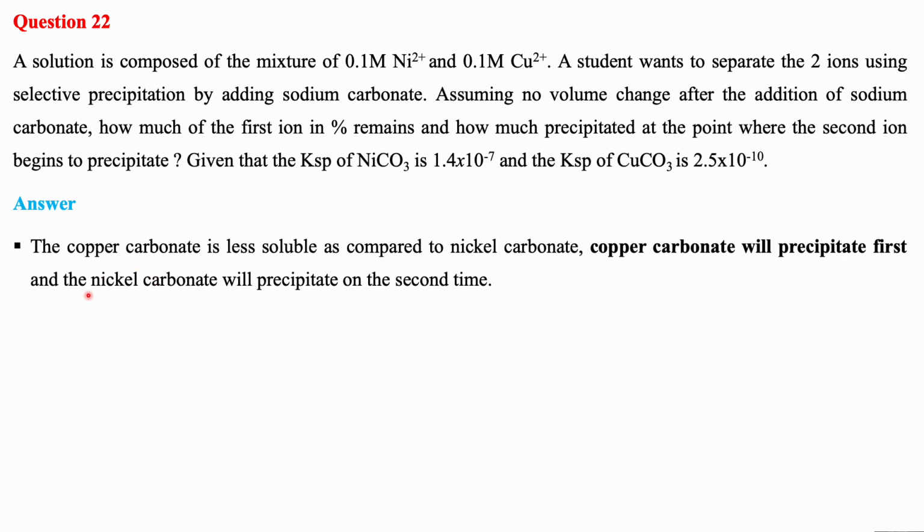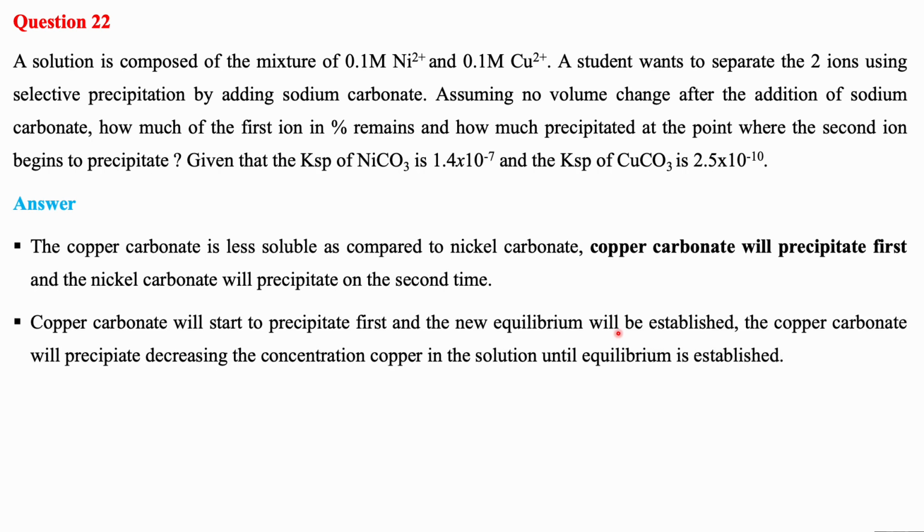So when this nickel carbonate starts to precipitate, they are asking what will be the concentration of the copper remaining in the solution. So that's what they are asking. What we do is add the carbonate to precipitate the second ion, the nickel, because copper is the one which will precipitate first. Then we find the concentration of the carbonate needed to precipitate nickel, and after finding that concentration, we can determine how much of the first ion will be remaining in the solution at that